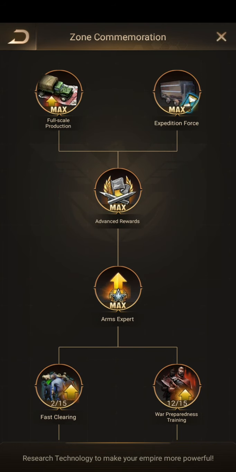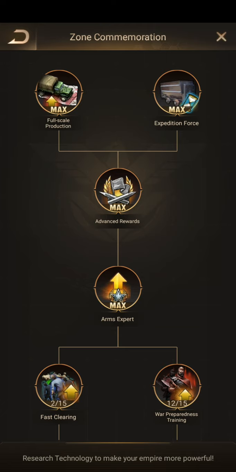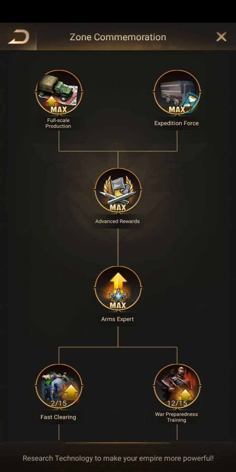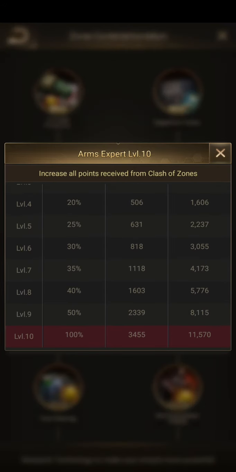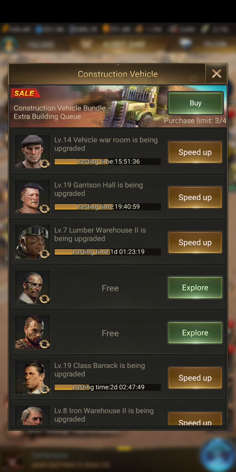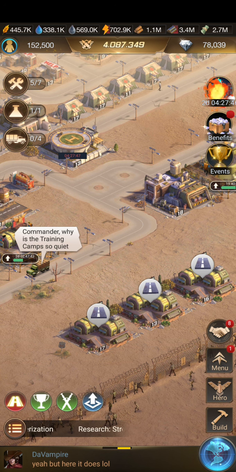Here in zone commemoration, as you can see, I got it upgraded quite a lot at this stage. So basically I can now unlock 4 to 6 chests. Standard, you only have 3 chests, but with this upgrade you can have 4 to 6, and then when you upgrade this, it increases all of your points received by 100%. As you can see, I got it maxed to 100%, and basically all of the points that I get from the buildings are always going to be doubled, so it's going to be 200%,